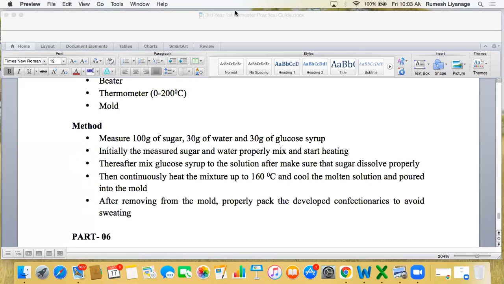Then you can add some indigenous raw materials with health benefits, right? You can incorporate these raw materials into the confection. I hope you can remember the ginger toffees. Ginger confections are available. Some confectionery spices are available in the market, and mint, like different raw materials. So you can incorporate different but healthy raw materials and some nutraceuticals also. So you can add to the confectionery market.